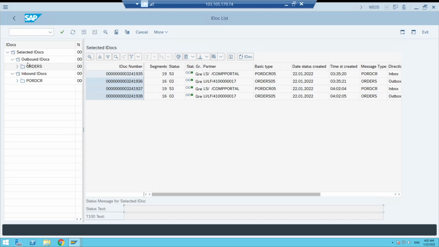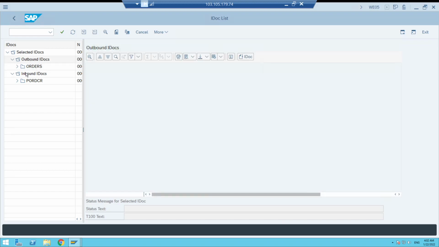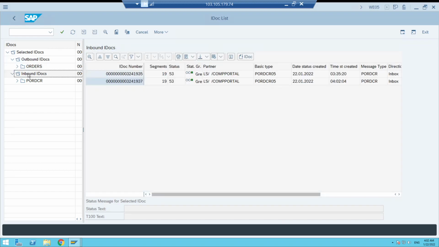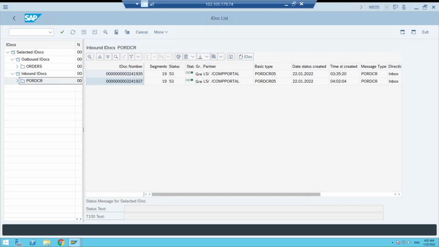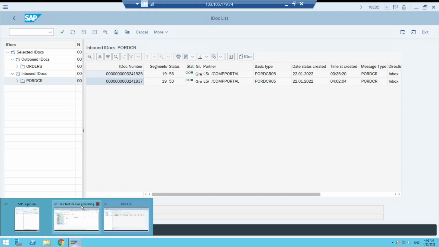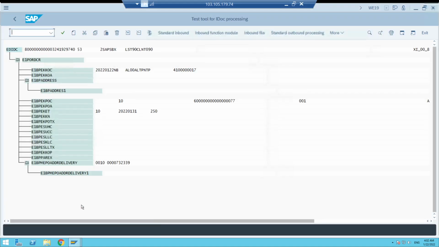On the left side, you see outbound IDOCs, inbound IDOCs. In our case, this is inbound IDOCs, and our message type is PORDCR. So just now I have created the IDOC, which is ending with